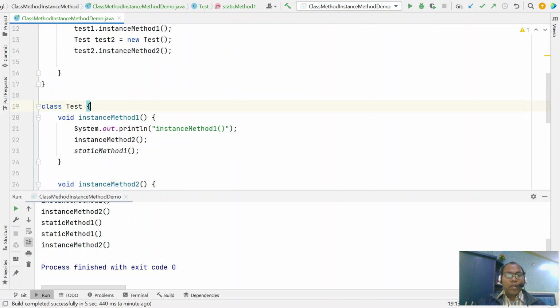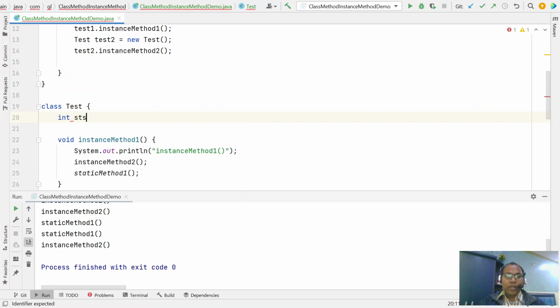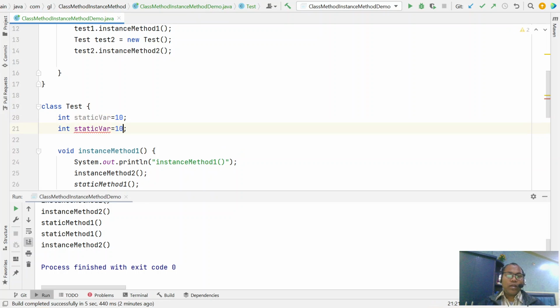Similarly, here you can declare variables, like a static variable, and even an instance variable. A static variable starts with the static keyword.